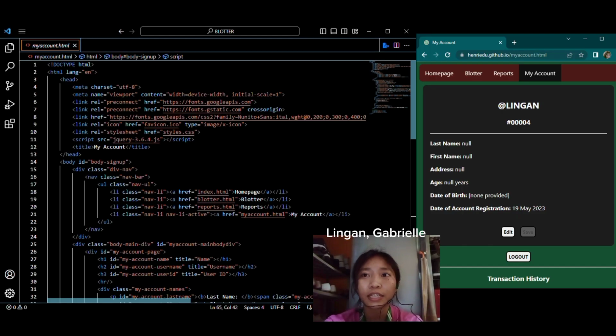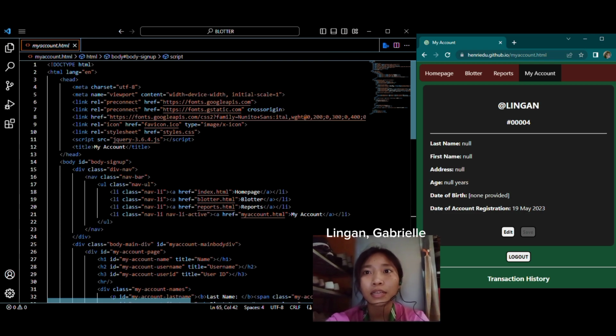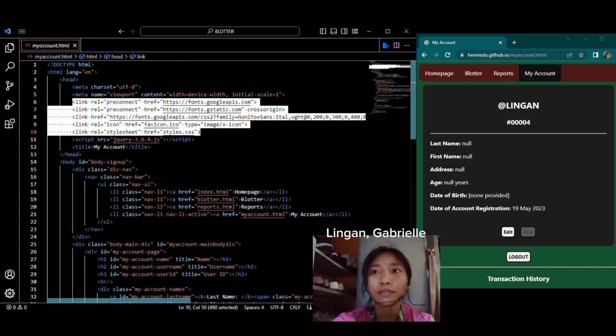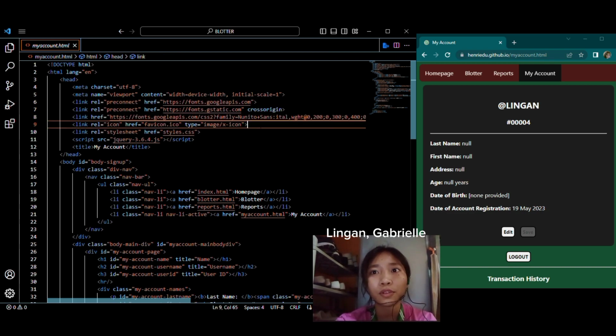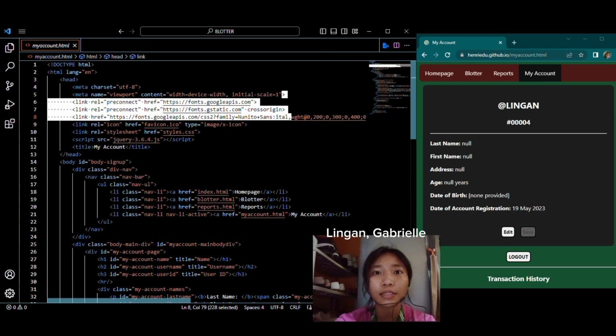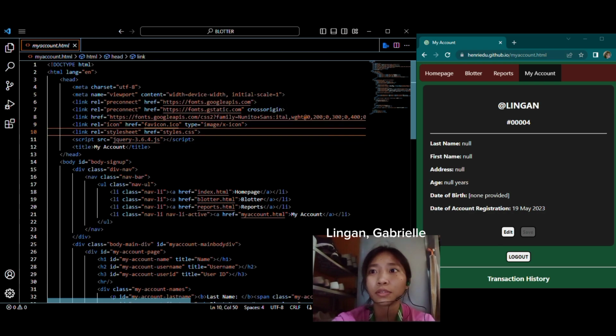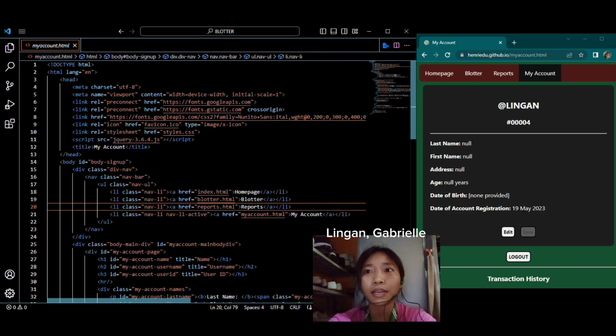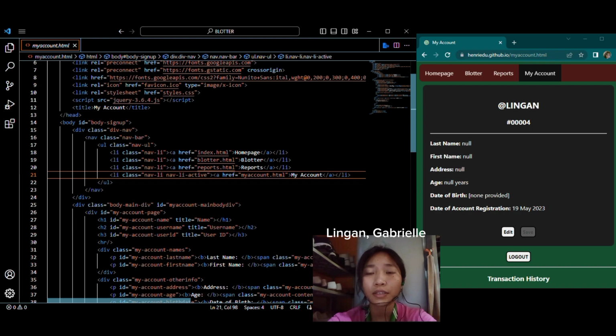For my account.html, which is used for displaying a user's account, first the hyperlinks that will be used are included in the head. Those are links for fonts, icon, style sheet, and script source that will be used. In the body section, the first division is for displaying a list by using the list item element. In here, homepage, blotter, reports, and my account are displayed, where the link for its source code is connected by